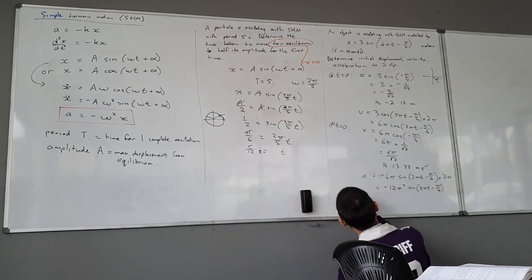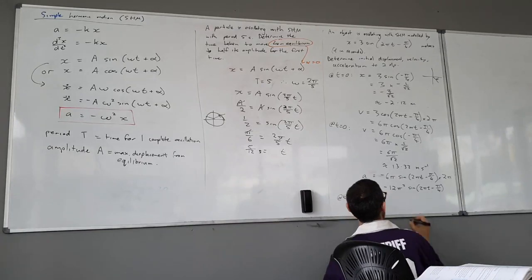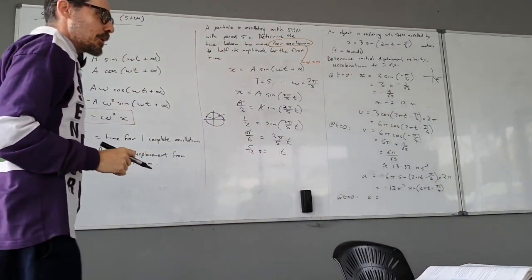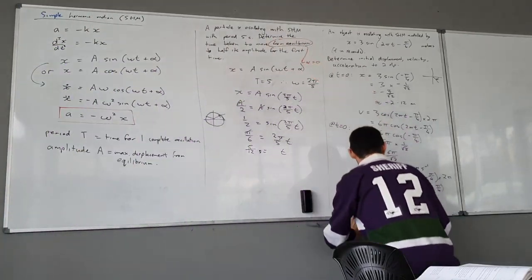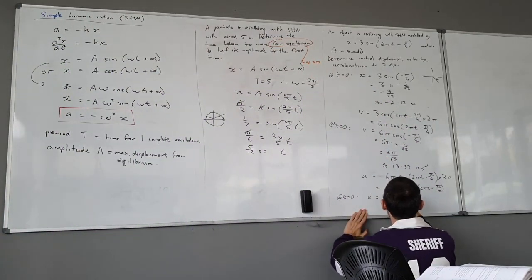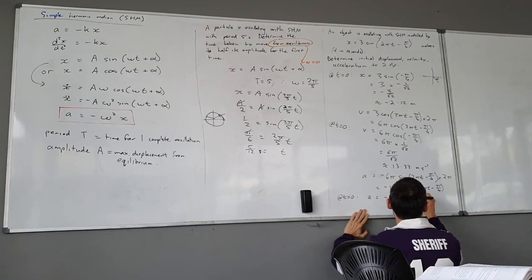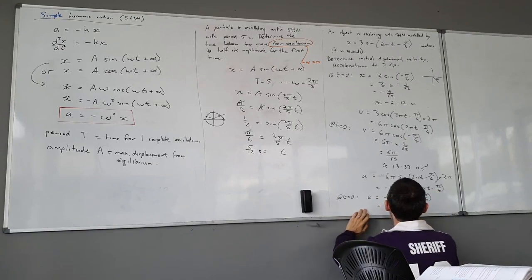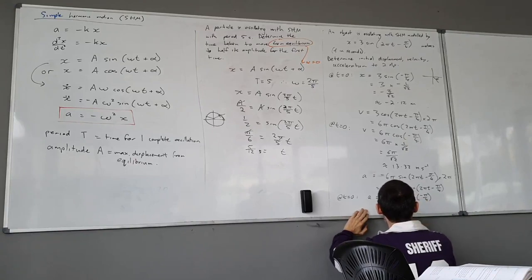And then at t equals 0, keep going and work out the acceleration. We've done sine of negative pi on 4 already. Negative 12 pi squared times 1 on root 2, which is, oh, it's not negative, 12 pi squared on root 2, or approximately